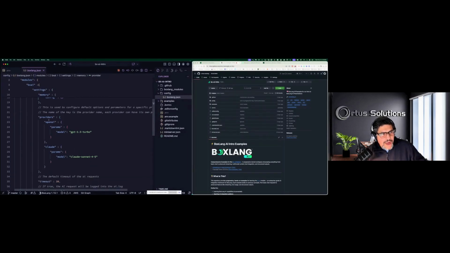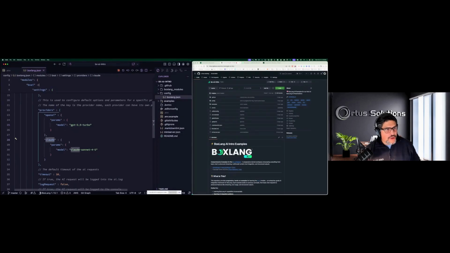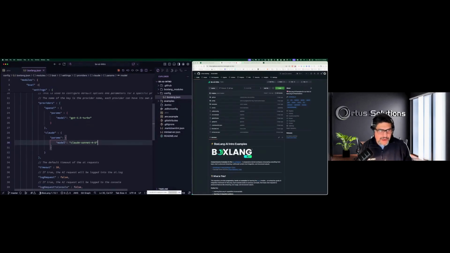I can also create different permutations for my providers. Here's where I can define that whenever I use OpenAI, because remember, we can orchestrate with different models, and that's what we want. We are not going to be using just one model. I can say, whenever I use OpenAI, make sure you use 3.5 Turbo, because it's fast and cheap. Here's Claude. I want to use Sonnet 4.5. This is going to be a more expensive one, but maybe I want to do some coding here.